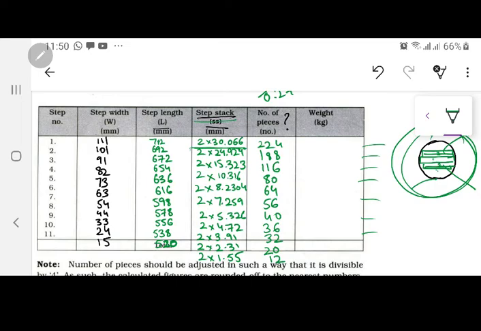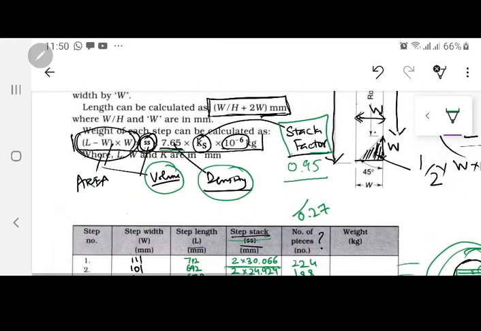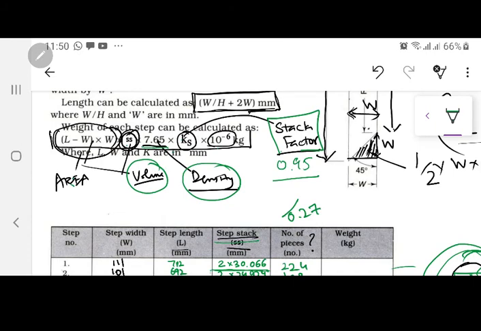वेट किसका? अच्छा फार्मूला ये है, L W minus W squared. एरिया क्या है आपका यहाँ पे? L W minus W squared एरिया है। इसको मल्टीप्लाई कर रहे हैं आप S S के साथ, वॉल्यूम में कन्वर्ट हो गया। इसको आप यहाँ पे डेंसिटी के साथ मल्टीप्लाई कर रहे हैं विच इज 7.65, यू आर कन्वर्टिंग इट इनटू वॉल्यूम, देन यू आर मल्टीप्लाइंग इट बाय स्टैकिंग फैक्टर, मेकिंग इट दी नेट आयरन। ठीक है, हमें नेट आयरन का वेट चाहिए, ग्रॉस आयरन का नहीं चाहिए। प्लस द 10^-6 फैक्टर एंड ऑल दैट, वो अलग है।